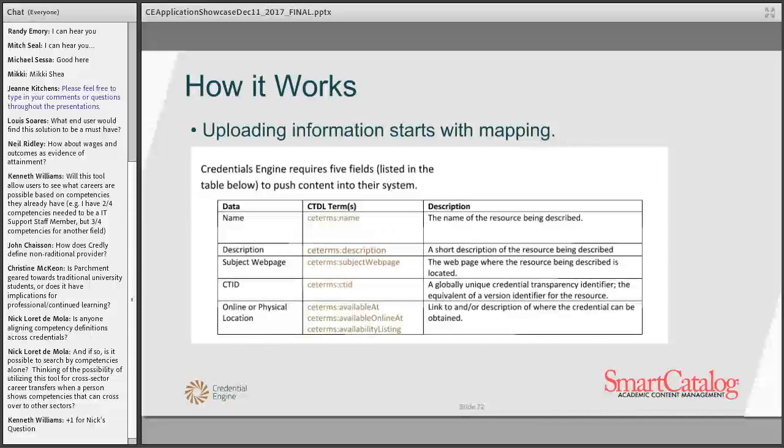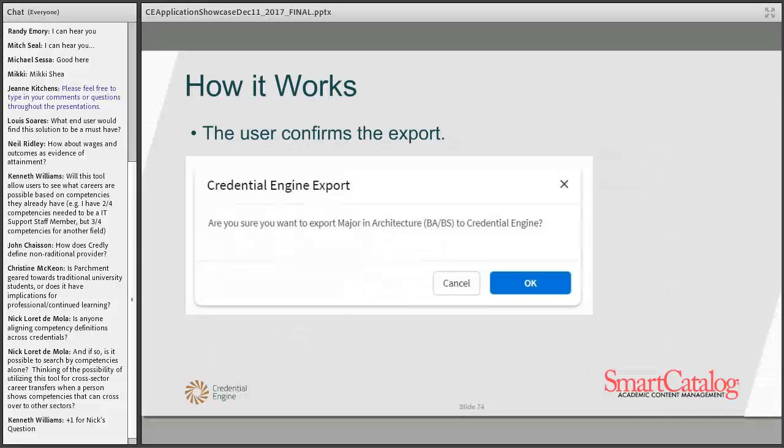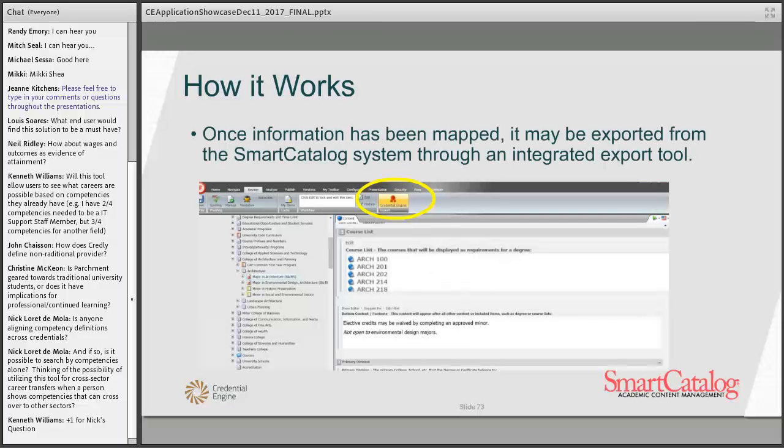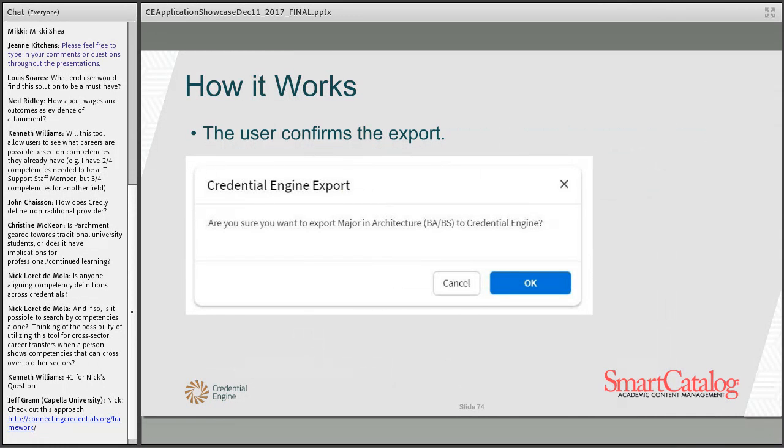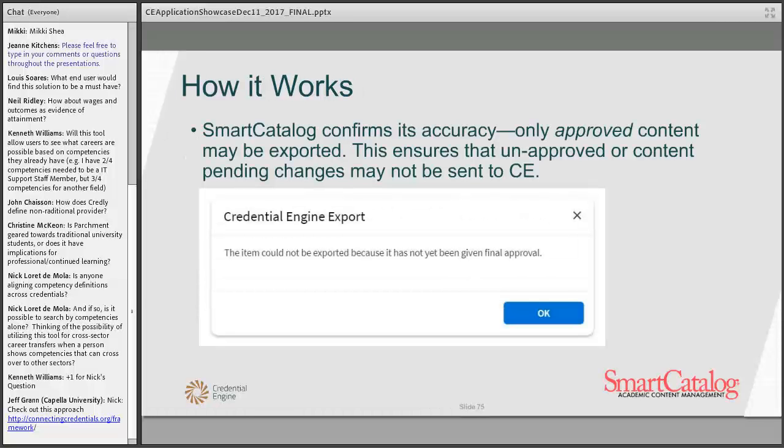We would begin by mapping our information to the CTDL term for that aspect of the credential. And then once the information has been mapped and a user is in our system, we will deploy a function or a feature in our system, which is circled right here, which would allow the user to hit that and expose the data immediately. We will then confirm the export,